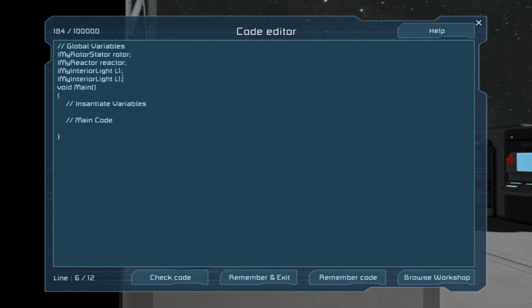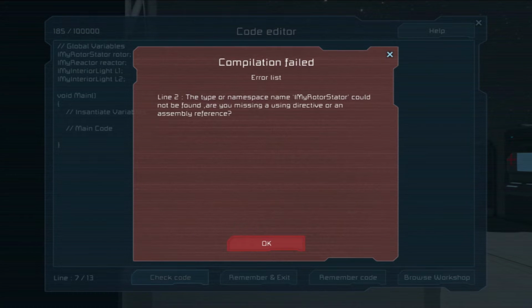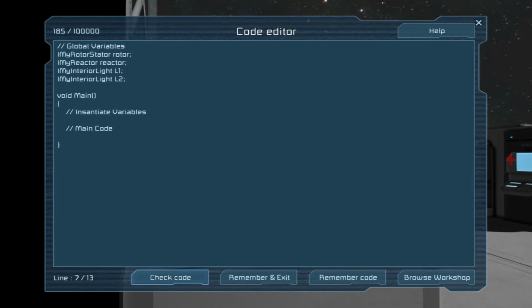I don't always really like this text editor that they've got set up. I know it's basic at the moment. Okay. My rotor. I thought it was stator. Let me check this. Alright, so it's actually motor that is the problem. It needs to be motor, not rotor. So it's motor stator. I also found there's an advanced. So because we're using an advanced rotor, I figured we'll go ahead and name it advanced. I don't know if there's any advantage to doing that for what we want to do with it. We will have to see.